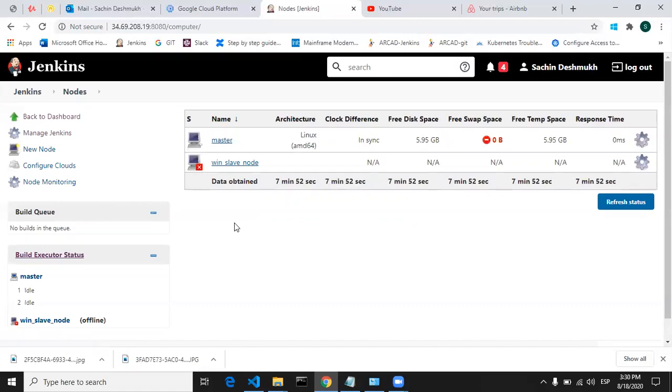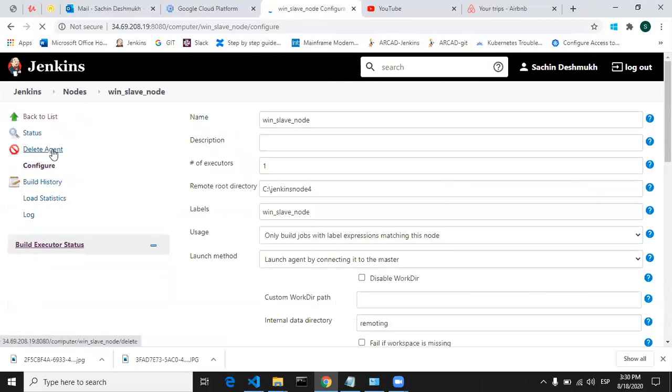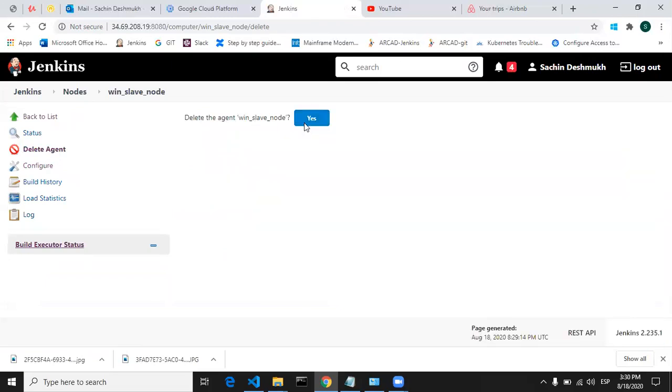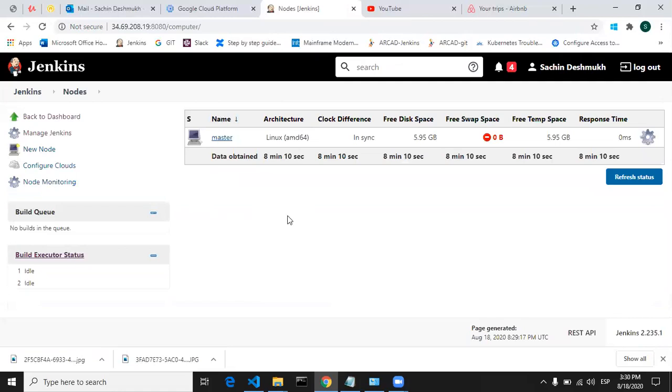I'm just going to delete this agent because I have already created it, so that we can start from fresh. By default, you will see only the master node is available. When you install Jenkins, you get one executor along with your Jenkins installation, and that is nothing but your master node. To create slave agents, you have to go to New Node.